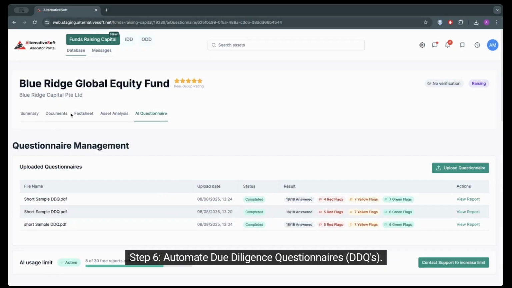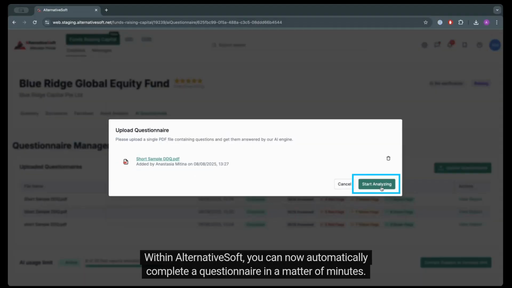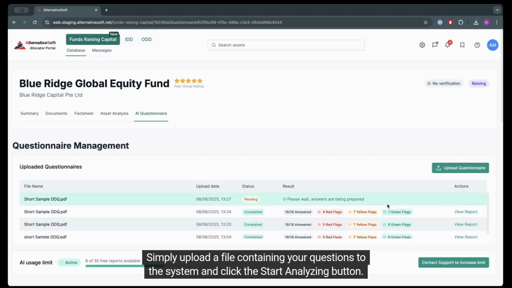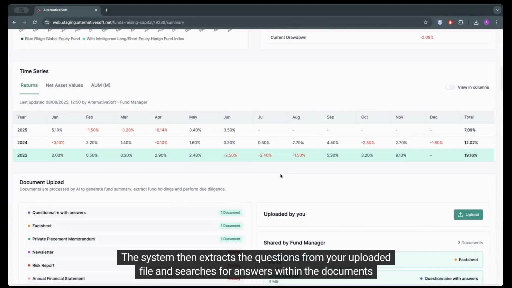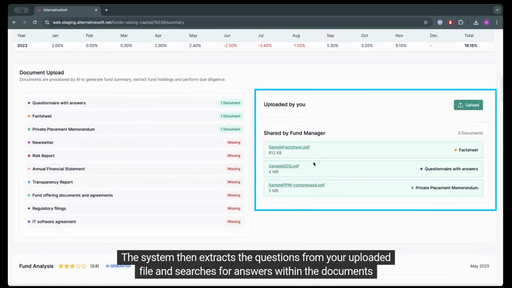Step 6. Automate due diligence questionnaires, DDQs. Within AlternativeSoft, you can now automatically complete a questionnaire in a matter of minutes. Simply upload a file containing your questions to the system and click the Start Analyzing button. The system then extracts the questions from your uploaded file and searches for answers within the documents attached to the